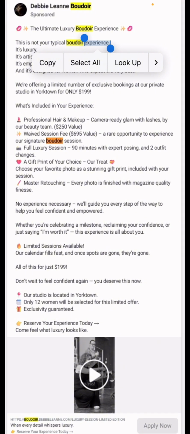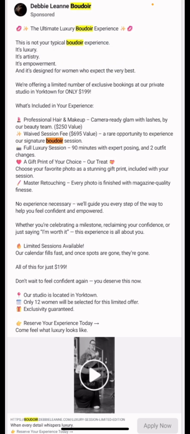Gonna ghost when they hear the price. A few people booking calls. The people that book flake. They ghost. They don't show up. Can never hear from them again. And then finally,